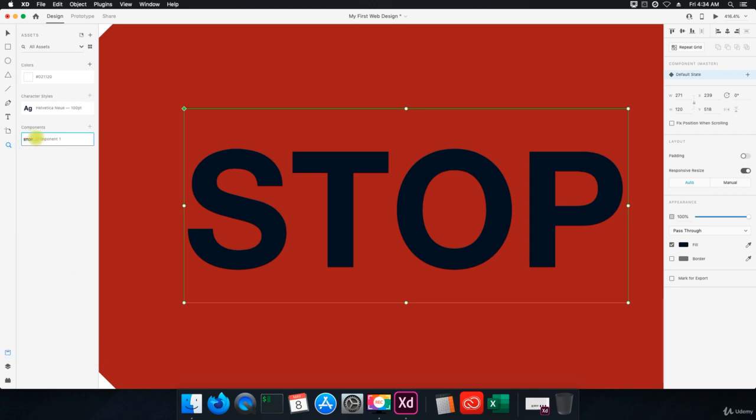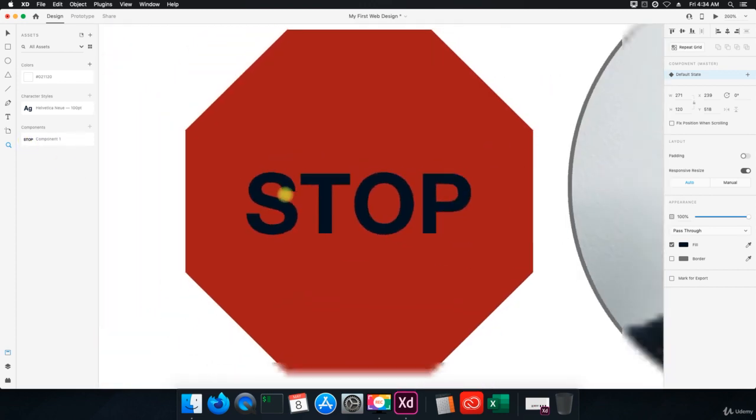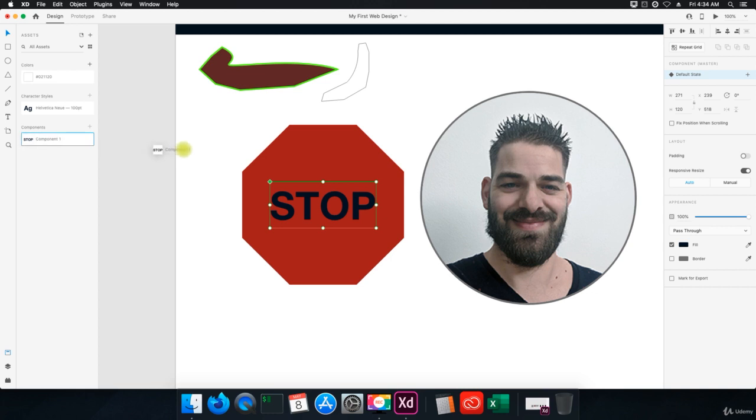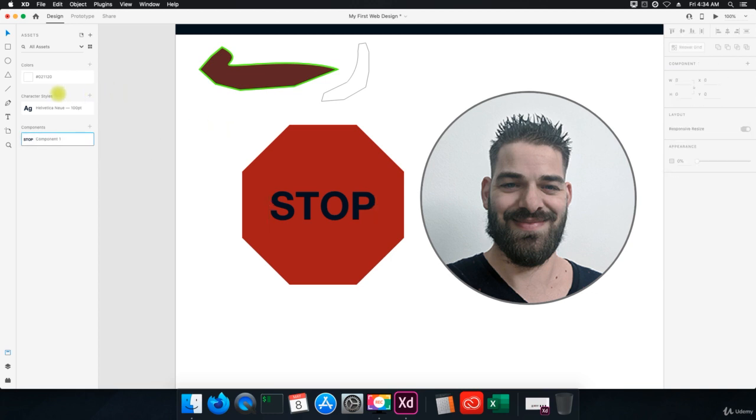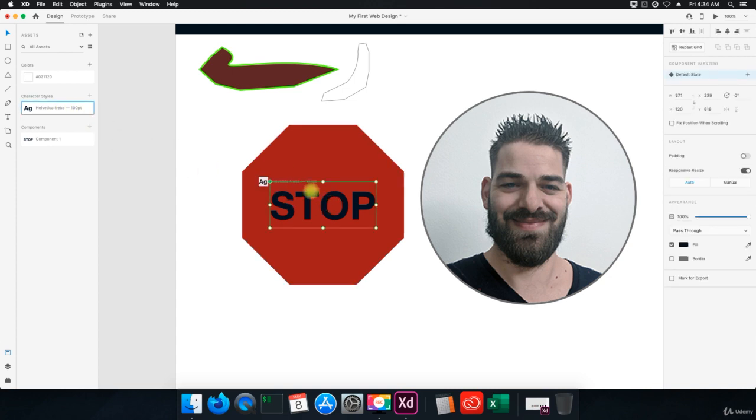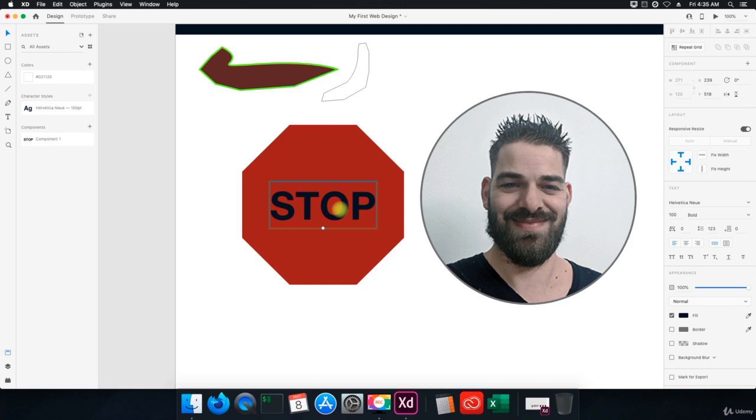Okay, so again, with this, we've saved a component, so all I have to do is double click on that, okay? So let's do this. And I can drag it in, right? Same with this, I can drag this over. Well, the character style I can't drag over, but we can select it and then it will apply to this text, right? Right there. And then for the color,